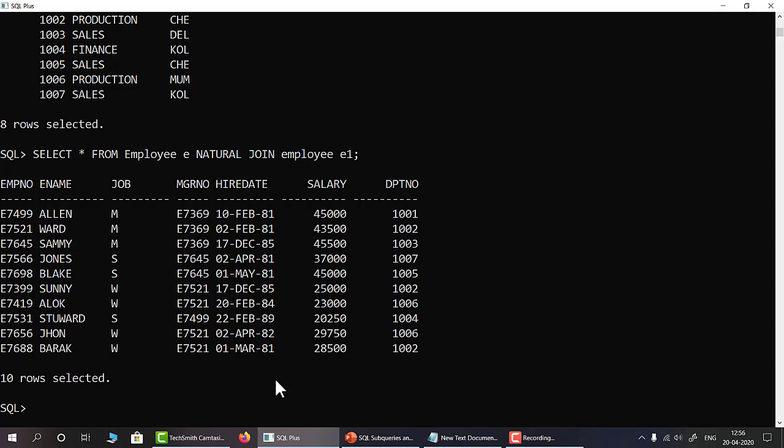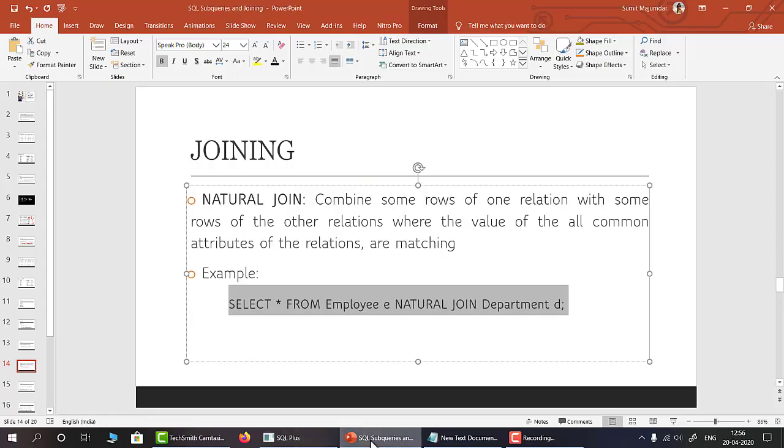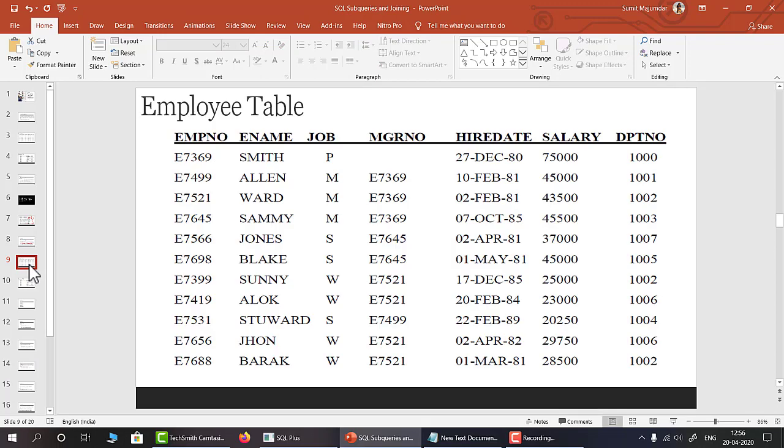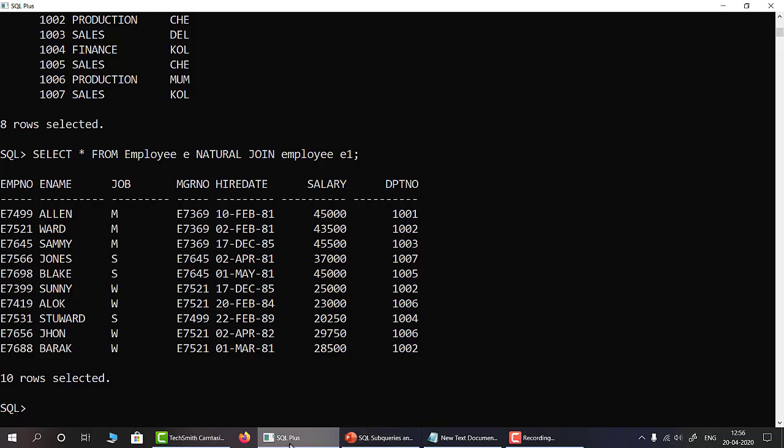As null cannot be used for equality, this condition becomes false in natural join where manager number will be checked with manager number. As that is not true, that row will not be selected or considered in the final result. So this is how the natural join is going to work